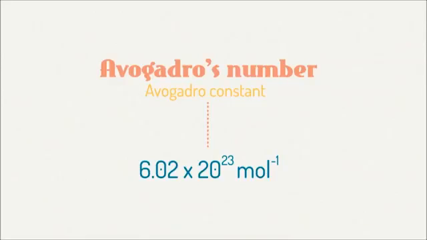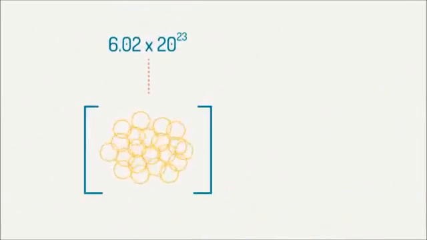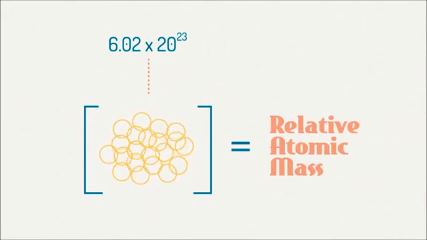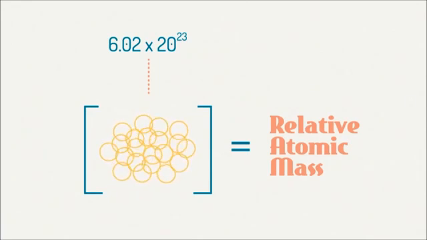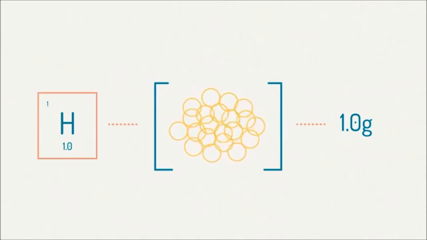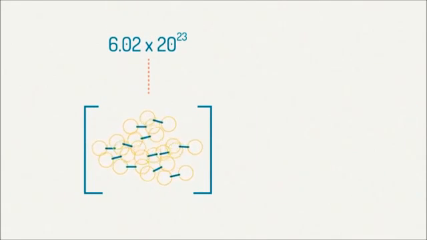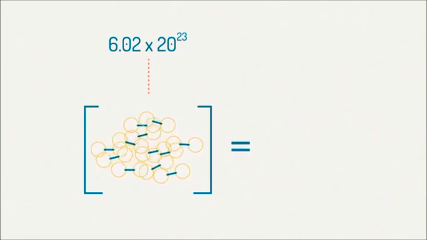Avogadro's number, Na, or the Avogadro constant, is 6.02 times 10 to the 23 particles per mole. It is the number of atoms per mole of the carbon-12 isotope. For atoms, the mass of Avogadro's number of particles is equal to their relative atomic mass in grams. So, the mass of Avogadro's number of hydrogen atoms is 1 gram, and the mass of Avogadro's number of chlorine atoms is 35.5 grams. For molecules, the mass of Avogadro's number of particles is equal to their relative molecular mass